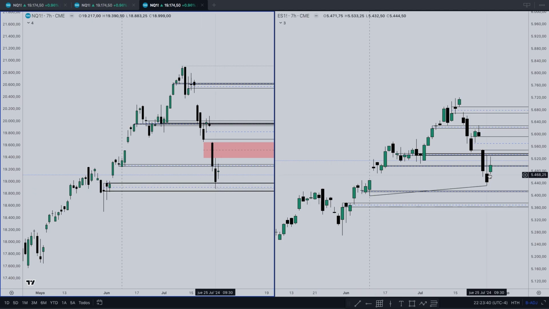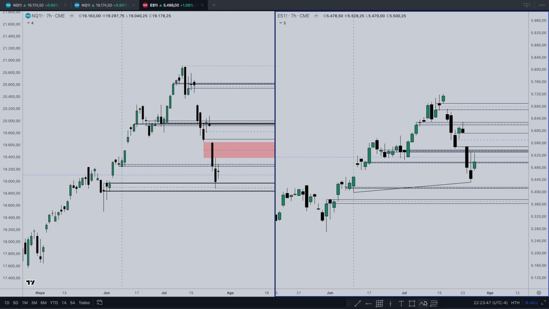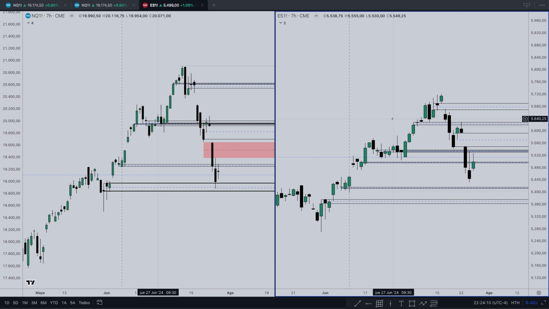If we are going to respect this, we are going to move here, and maybe around here we can retrace and keep moving higher. Or if we are going to continue moving lower, we should respect this level, this gap, and keep moving lower. But yes, this video is not about weekly expectations. It's about a review of what